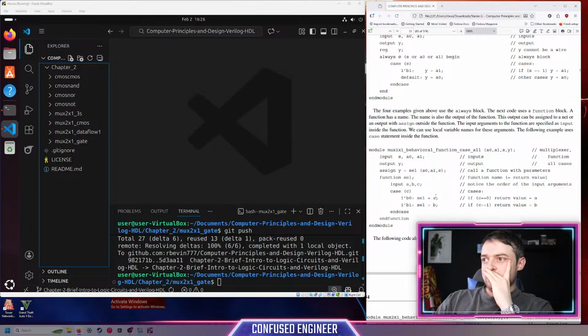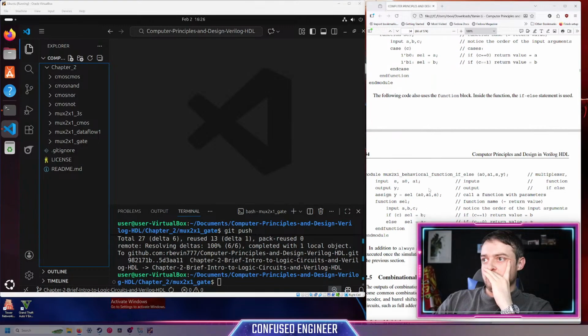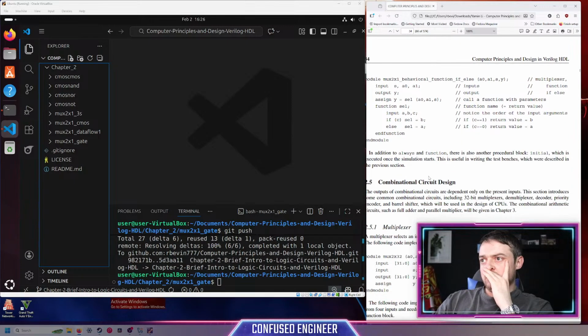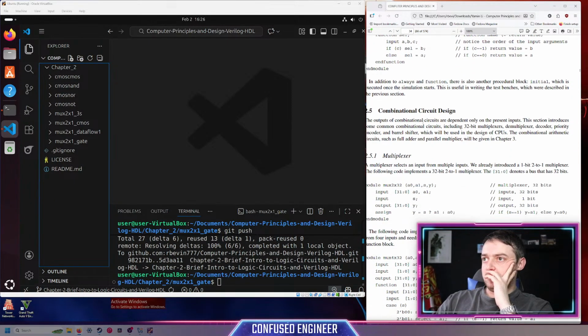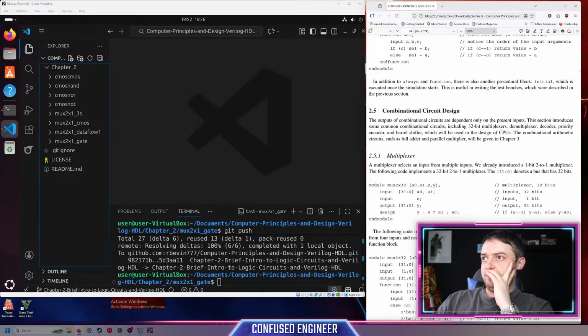Behavioral function, if else. I don't know, that's the same thing. Combinational circuit design. So the outputs of combinational circuits are,